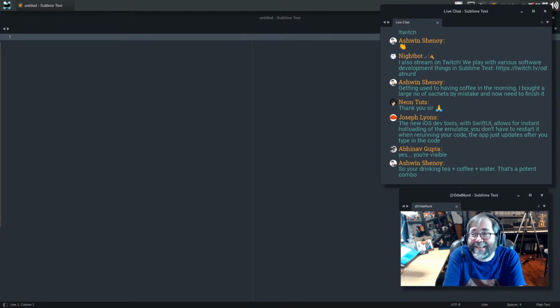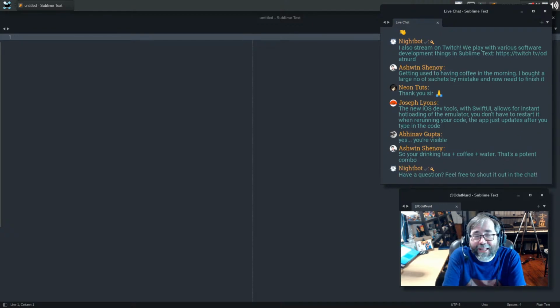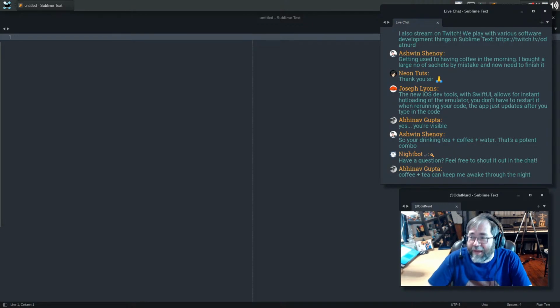Yeah, indeed it is, isn't it? English breakfast tea, some hazelnut French vanilla coffee, and then this is just a large quantity of icy water because you never know. It's actually kind of warm in here at the moment, what with being at the nexus of the computer universe. If you've seen the picture in the Discord, and I know you have, Ashwin, there's a laptop here, a laptop there, a laptop there, 3 computers under the desk. We're really focusing in.